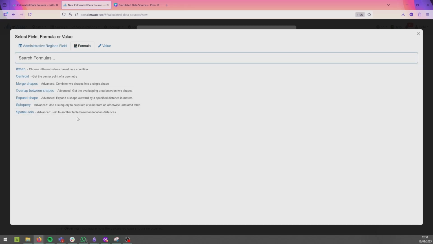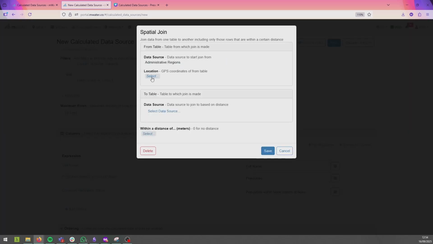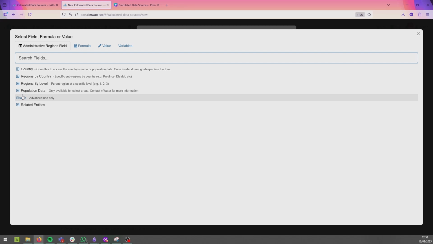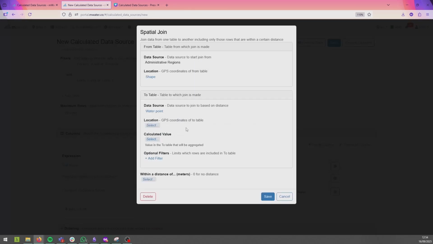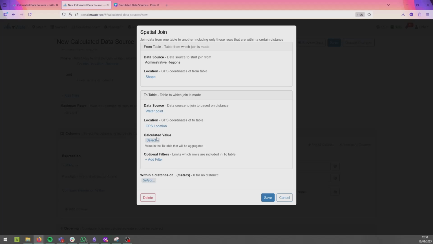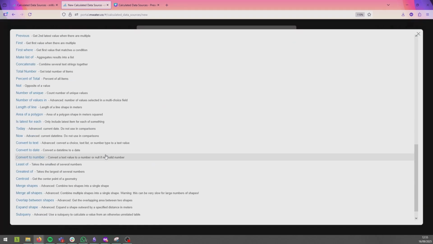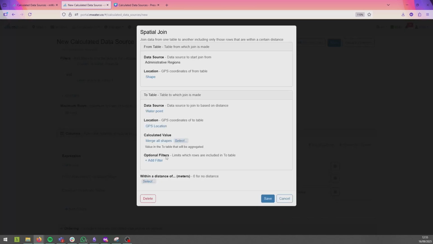We put in another formula. We call it the spatial join formula. And this we can configure to go from the shape, so this is the list of districts again, and the second one is, in this case, water points, my favorite example. We pick the location here. And then to get the calculation, we'll want to actually merge the shapes. So yet again, we nest another formula. We merge all shapes to the aggregation table